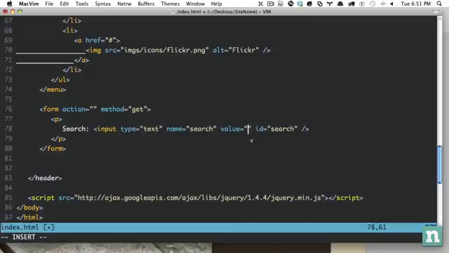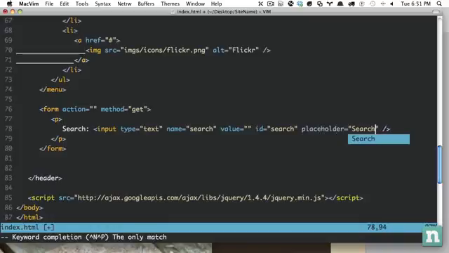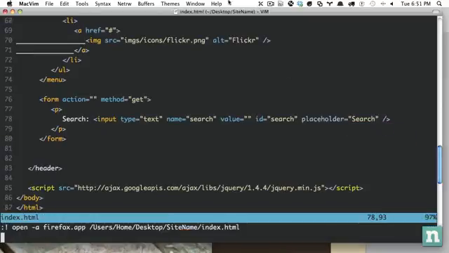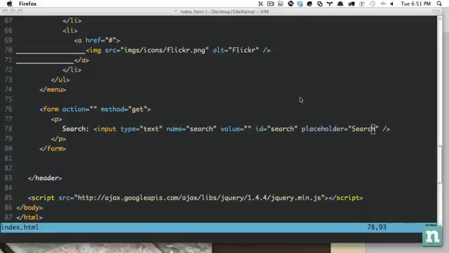Now the only problem here is when the user clicks on that input, they would then, unless we add some JavaScript to it, have to manually delete that search text from it. Another option is to use an HTML5 attribute, placeholder. And what this will do, and it's only implemented in WebKit and Opera browsers at the moment. So if I view this in the browser, it's not going to work in Firefox just yet. But the way